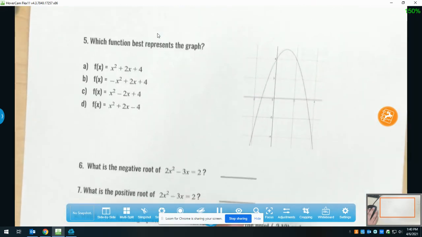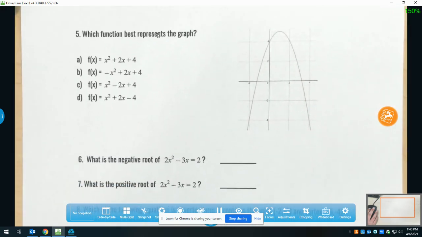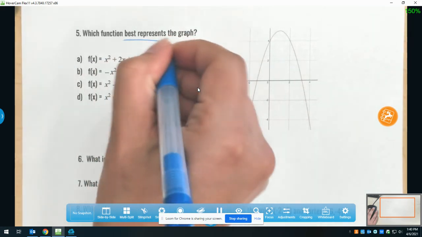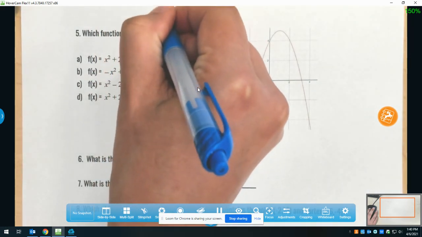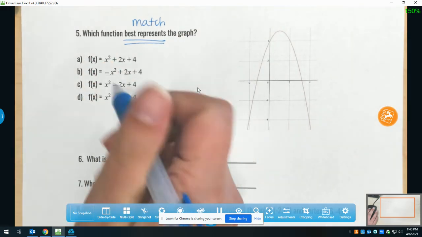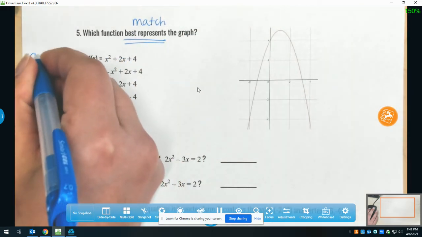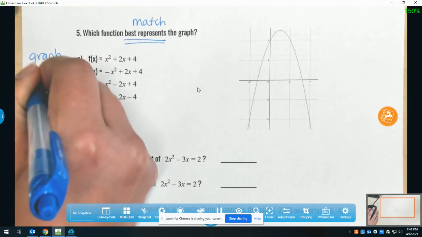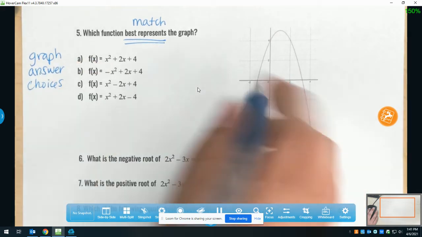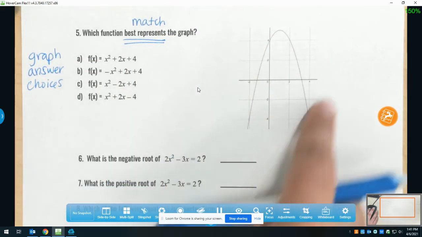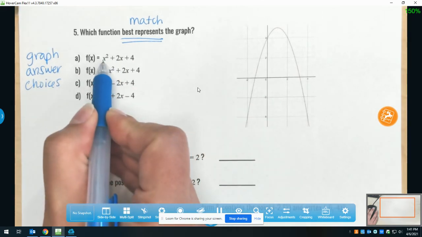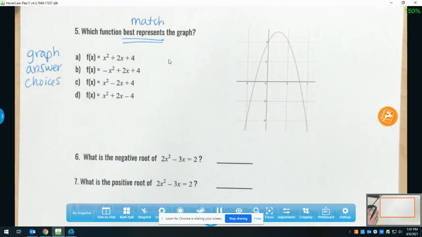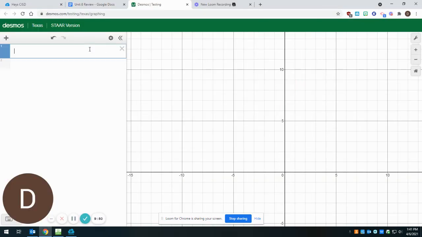So now looking at our next question, which function best represents this graph? So this is a matching, okay? So best represents, this is going to be a match. And so what we could do here is simply graph our answer choices in Desmos and match them. And look for which is going to graph exactly like this, okay? So we'll start with our f of x equals x squared plus 2x plus 4. So coming in here, taking that out,